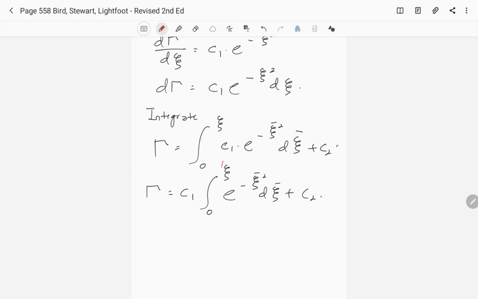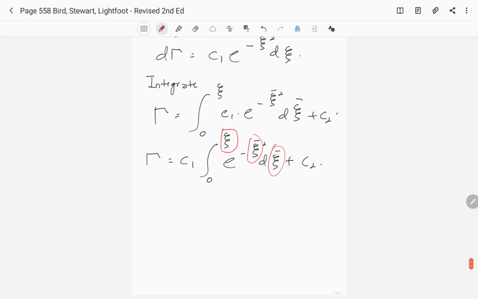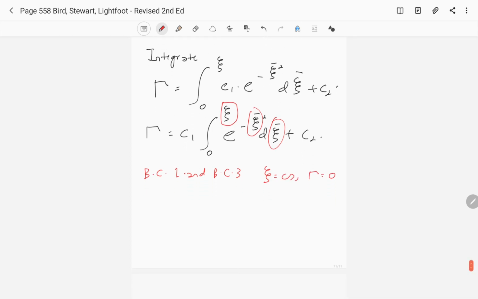Okay, so your original dimensional variables come up as an upper limit of the integrations, and this 2 in here is defined as a different variable. What you can convert now is your BC1 and BC3. If you put in either BC1 or BC2, then they should give the same result. Okay, and then if you put BC2, this will be equal to 0, 1.